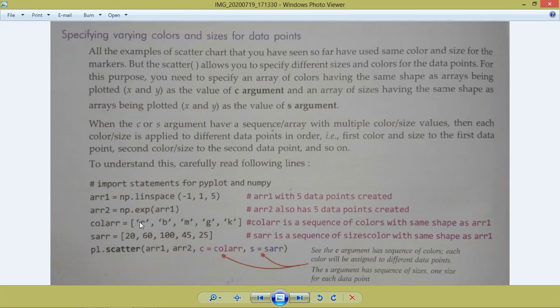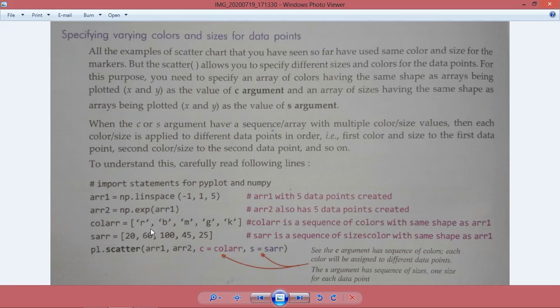Like here you can see, for the color a list of colors has been made, and in that list R, B, M, G, K, means R for red, B for blue, M for magenta, G for green and K for black color. So these different colors are given in a list.